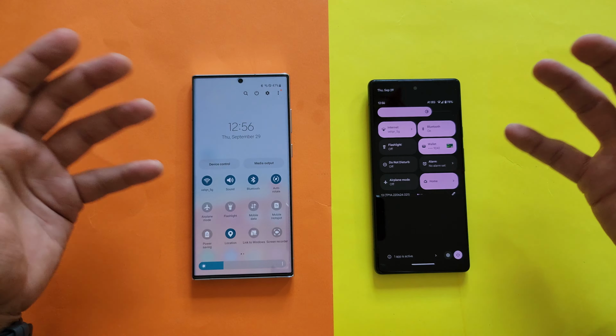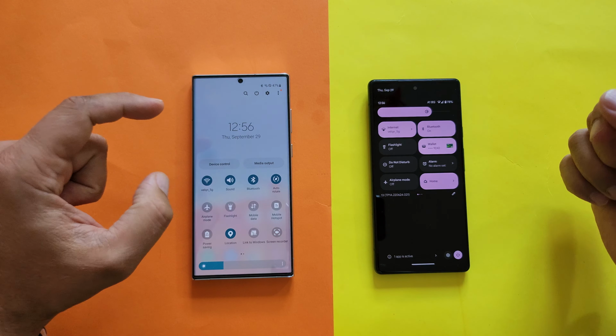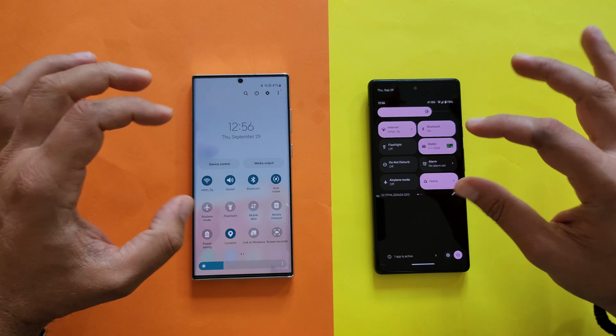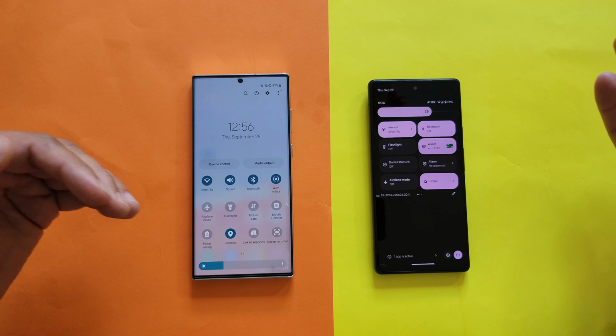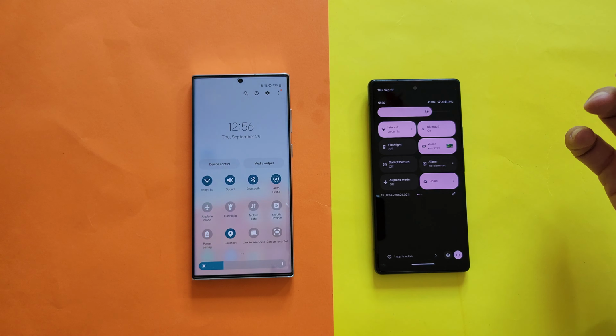This is the old style that we know from One UI for so many years now. This is the new Android 13 style. They have these very big buttons and so on. There are of course benefits, pros and cons. So here you can have like, I'm sure, 10 buttons on the screen and you can use the Quick Start